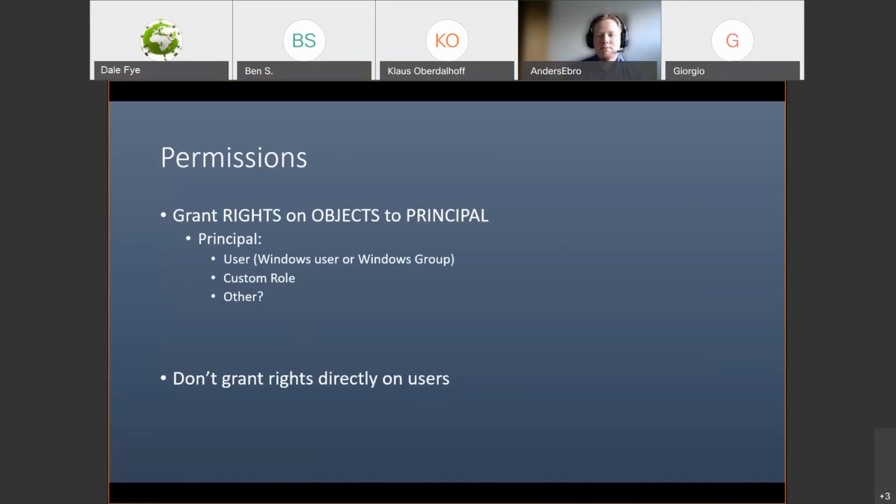I would say an exception is when the developer, for instance the database owner, might get permissions on his user account, because we don't want to create a user group just for the developer. So, we could also have applied the same select rights directly on the user, but let's also say